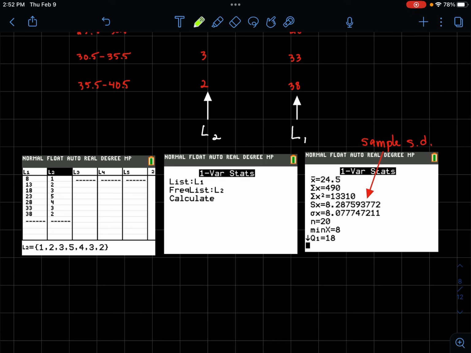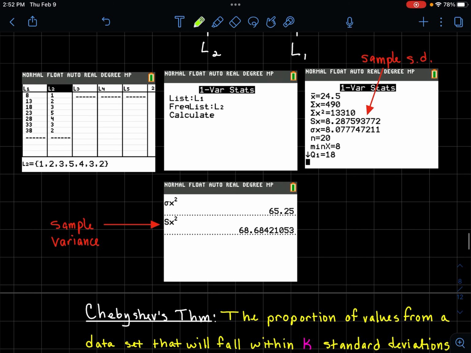If I want to find the variance, go back through, click the VARS button, go down to where it says Sx, raise it to the second power, and then you'll see our sample variance of 68.68, or you can round that up to 68.7. So there you go. There's how you find the sample variance, the sample standard deviation, the population variance, and the